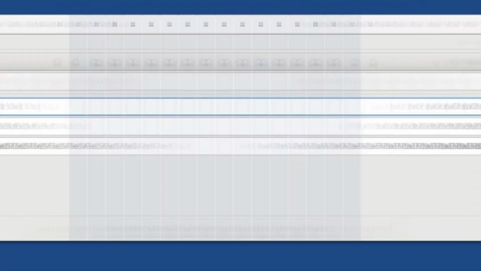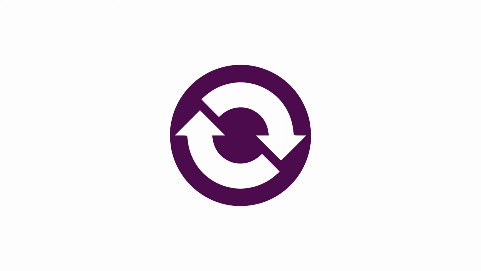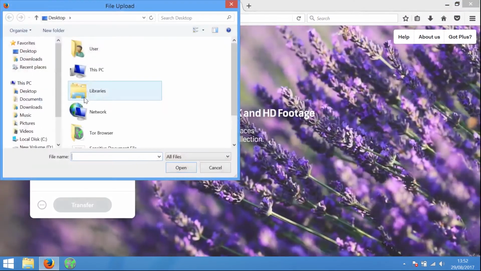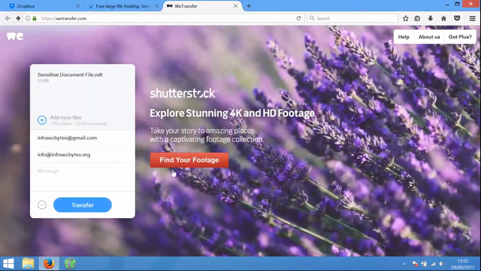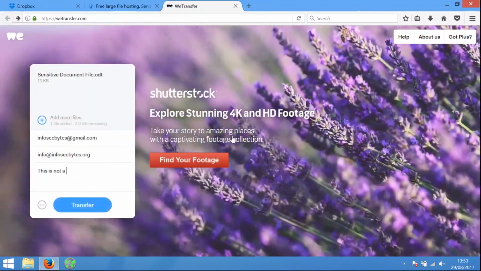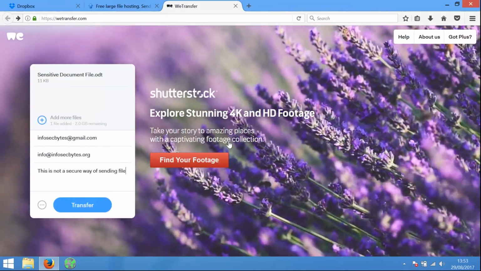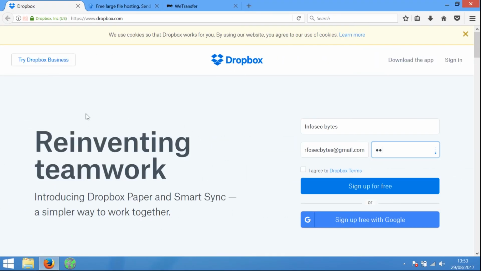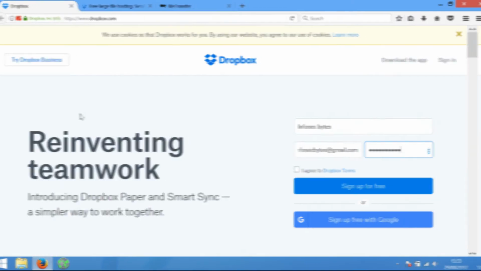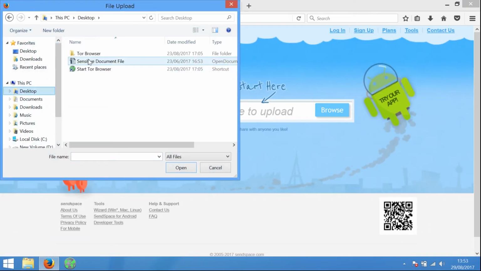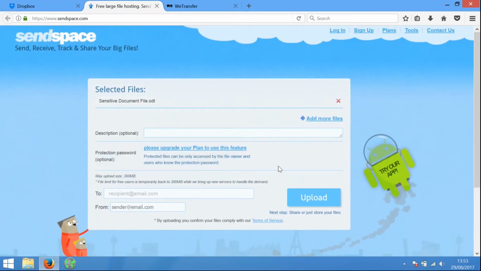Now let's look at a file sending application called OnionShare. Sending files over the internet is often a cagey business. It is easier to communicate securely and anonymously than it is to send files securely and anonymously. Most file sharing sites like Dropbox or SendSpace require you to upload the files to the site, which means that they then have your files and perhaps you do not want to trust them.